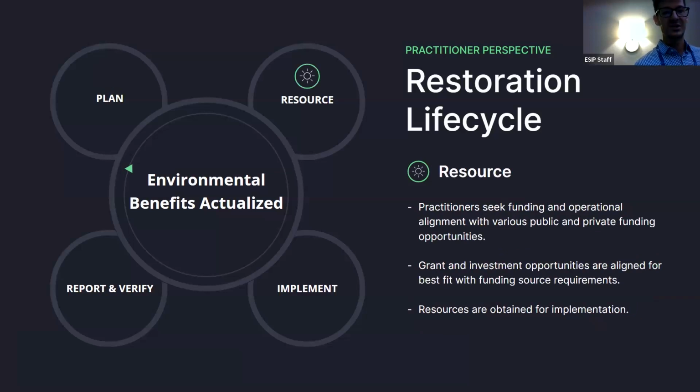The next step that practitioners tend to go through is this resourcing piece, right? Whether it's a small watershed organization or maybe a county conservation district office, they have a set of places that they want to work, or relationships with the landowners, and from there, they need to go out and acquire the resources or the funding through programs to get what they need to put those practices on the ground. This could look like federal funding opportunities, private grants. There are foundations such as the National Fish and Wildlife Foundation, right, that are funding this conservation and land protection work at scale. And so that resourcing step is a very important piece.